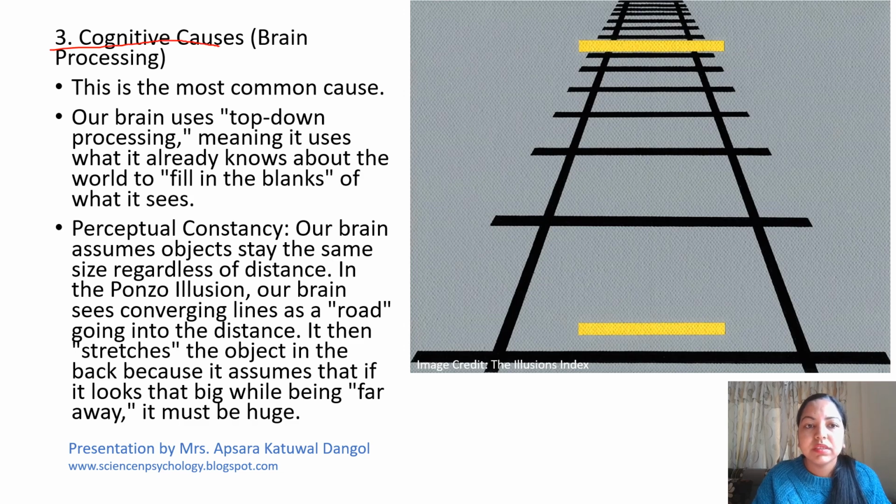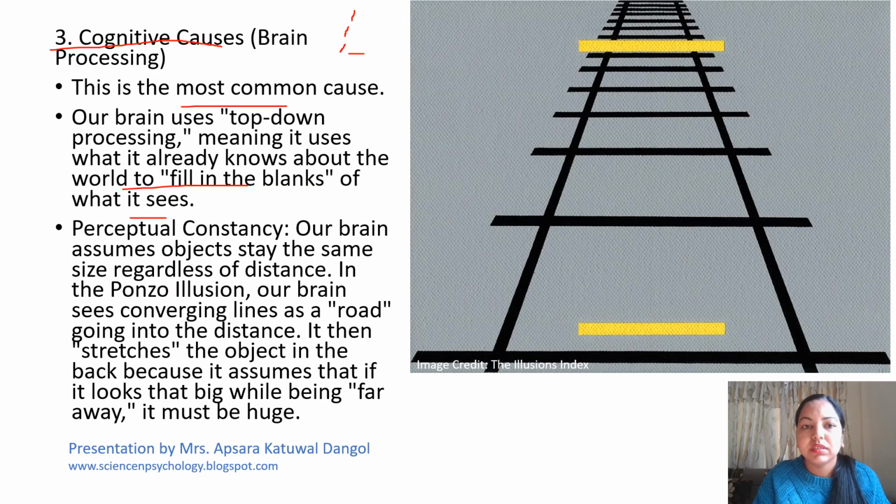The third cause is the cognitive cause, that is brain processing. It is the most common cause. Our brain uses top-down processing, meaning it uses what it already knows about the world to fill in the blanks of what it sees. So if I draw here some dotted lines,